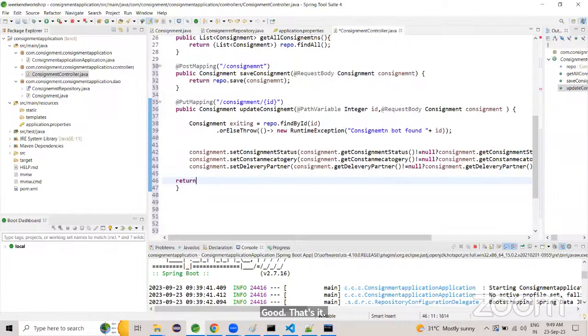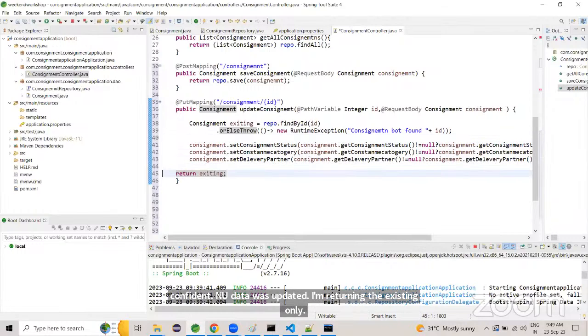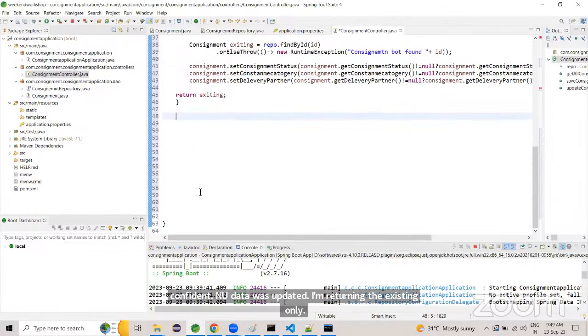Finally, returning existing only. Why? Because if existing is updated, then only we are confident new data was updated. I'm returning the existing only. So this is for updating a consignment. So let us go to